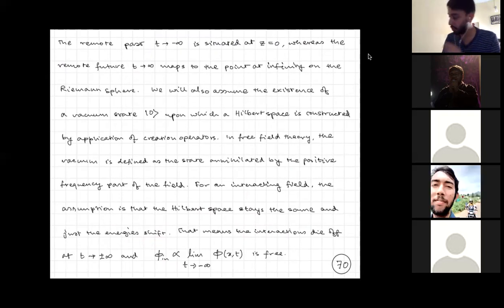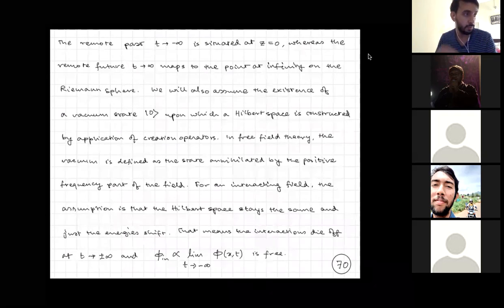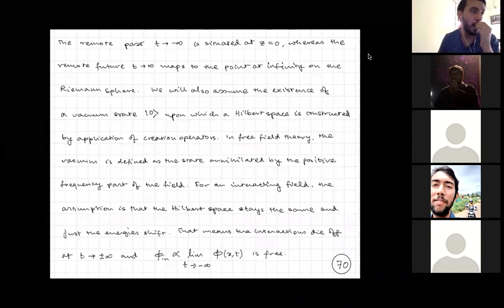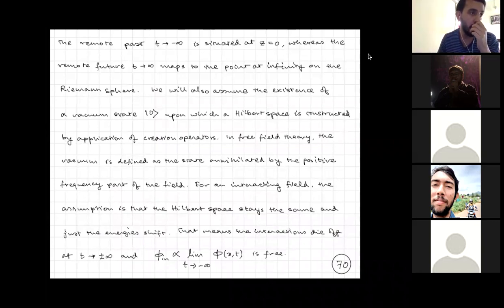Okay, hold on, I have a question, just following up. That assumption, doesn't it make unitarity obvious? Which one? That the Hilbert space stays the same for the interacting field theory as well. So phi in and phi out belong to the same Hilbert space, and unitarity is obvious from this assumption. You will see that unitarity gives us something more; there is something more you have to do as well. You have to make sure that the norms of the states, that you do not have negative norm states in the game,